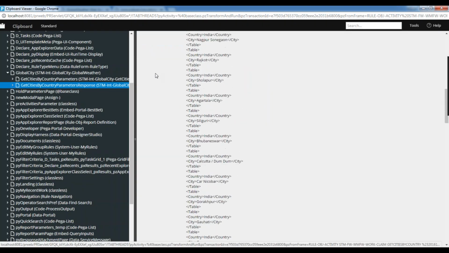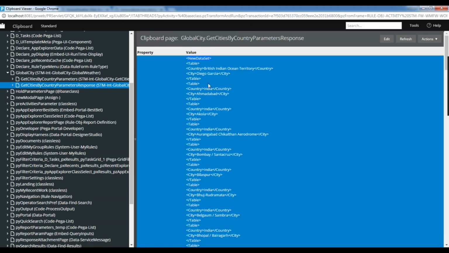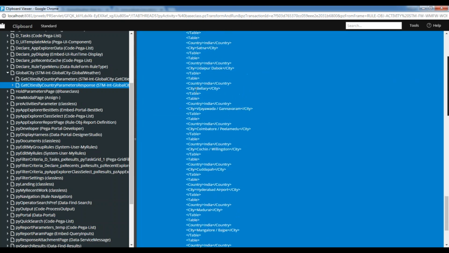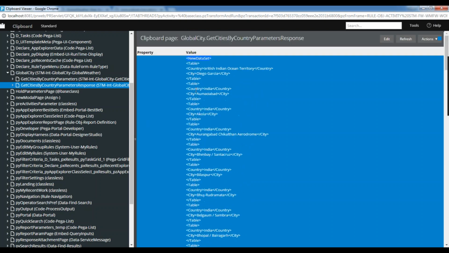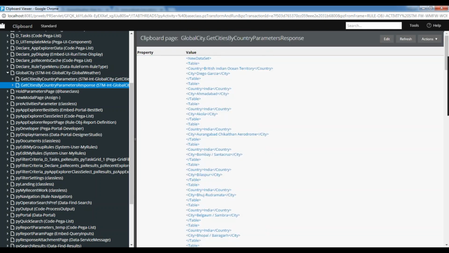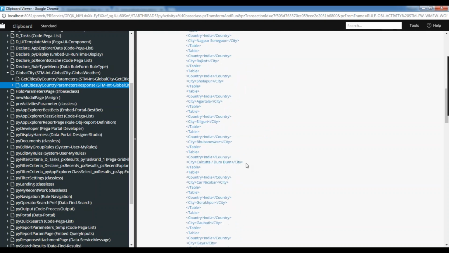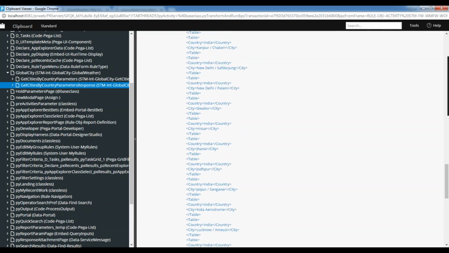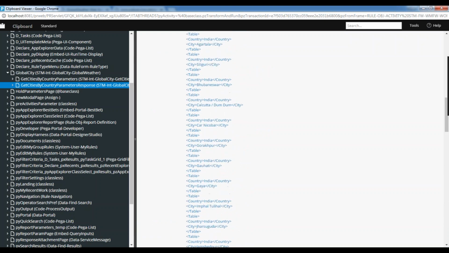But as I said, the response is coming only in XML format. You can see from the new data set it is coming in XML format. They are doing first level parsing initially, so it's not going into details. In these scenarios, we cannot use it directly.